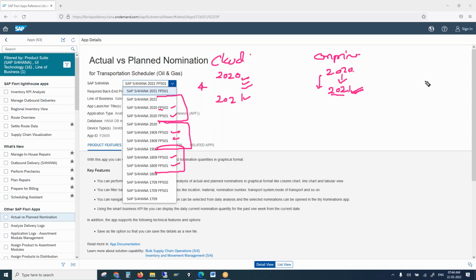Even our servers are the same. Even the application is the same. It's not only for Fiori apps. This FPS is applicable not only for